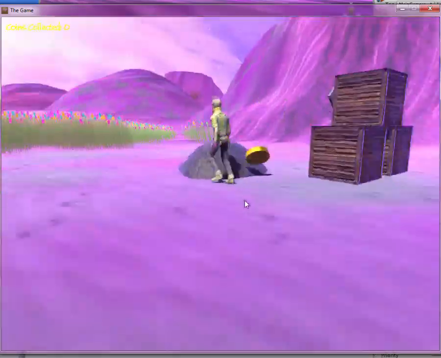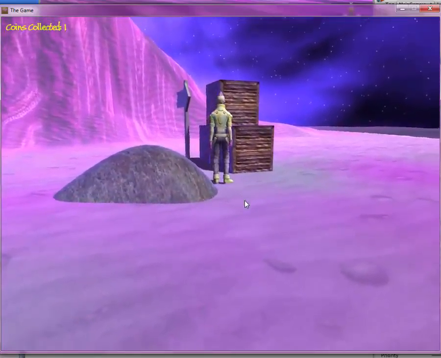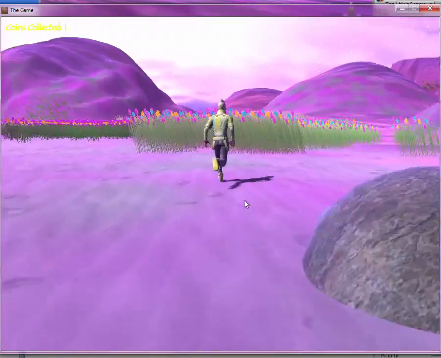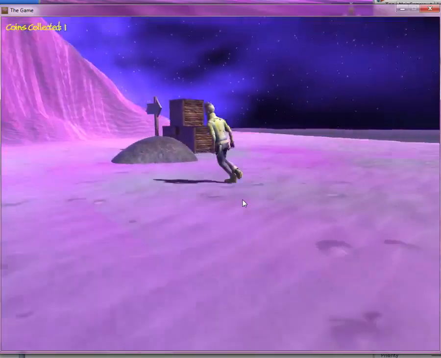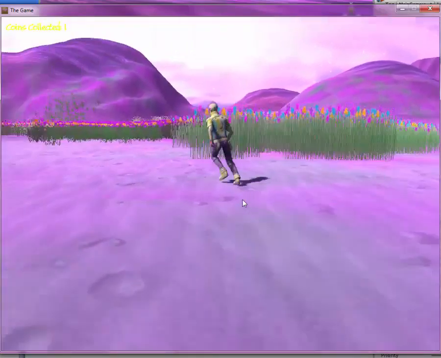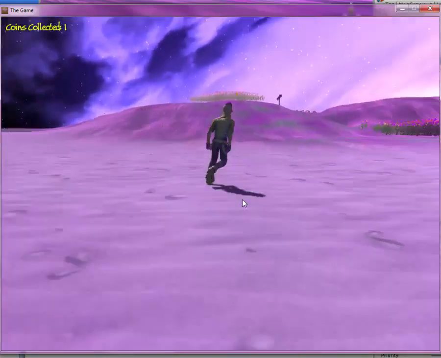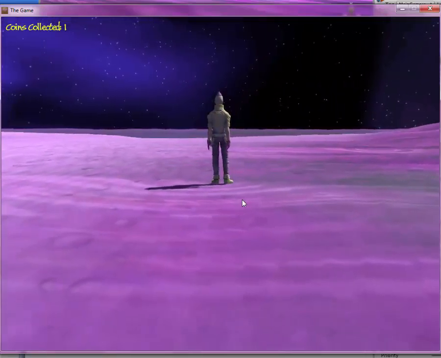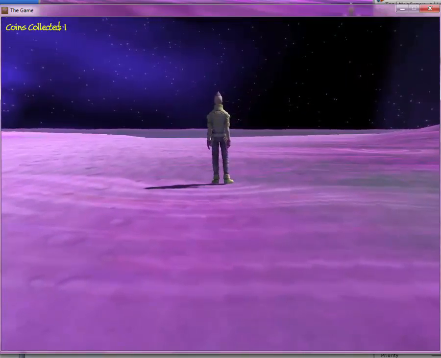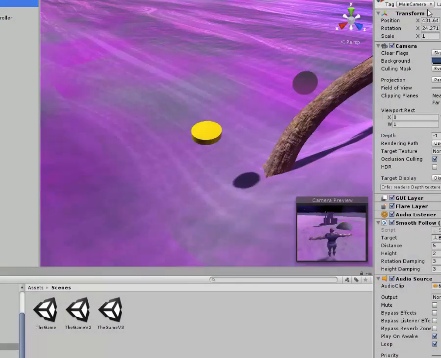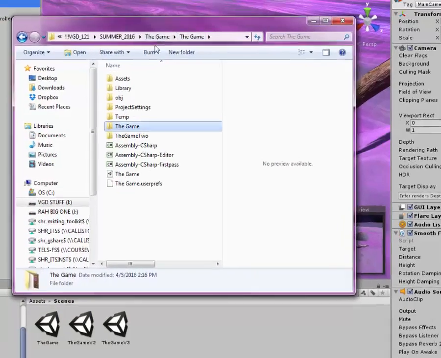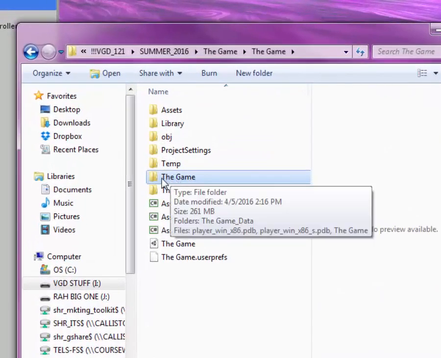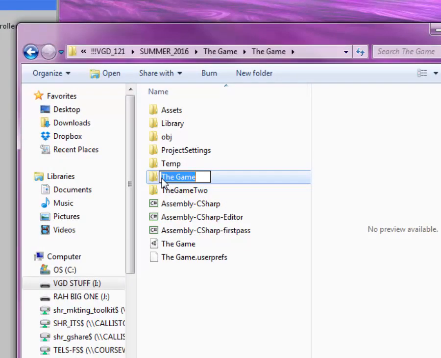Now, as you can see here, I have taken the damper. Remember back when we added the smooth script, I changed some of the numbers in the damper and all that good stuff. And the player runs kind of slow, but we'll go over that later in some wrap-up stuff. But here you can share your game with your friends and your family. But let's take a look at what is needed to share that game. So as you know, we created a folder called The Game, and we saved our executable file and all the components that go with it